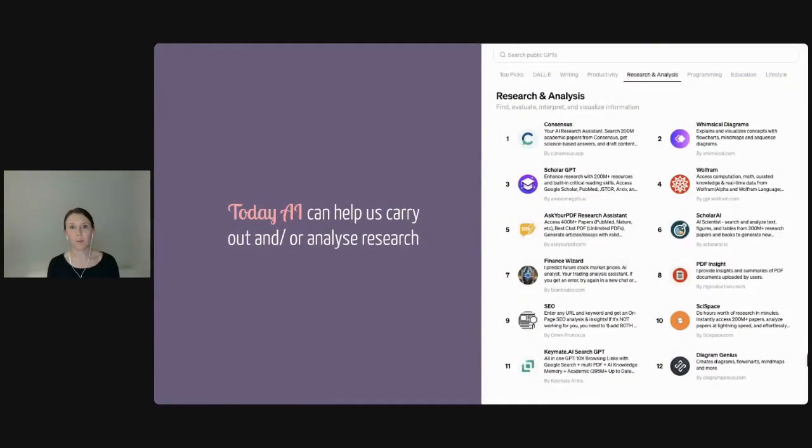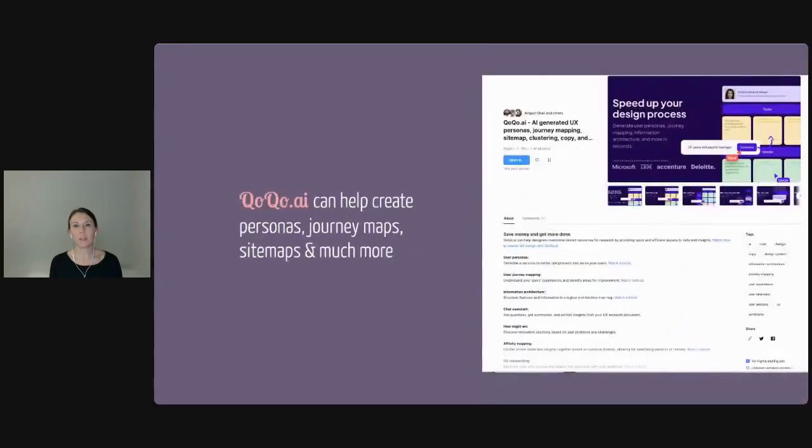Today, we have AI that can help us define the research questions that we should ask. It can also help us do the actual research, as well as the presentations of the same, and it can be pulled together a lot quicker. And AI can help with personas too.